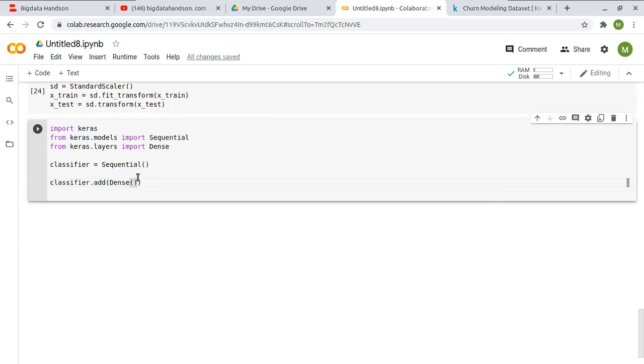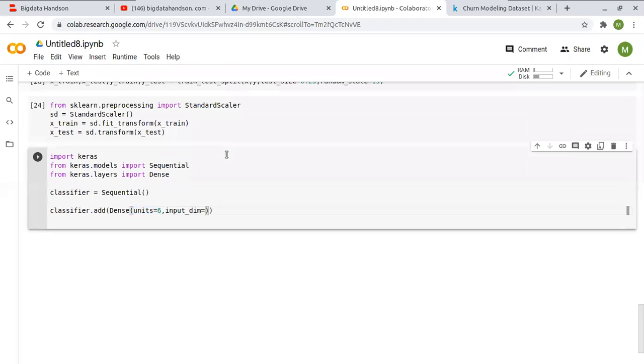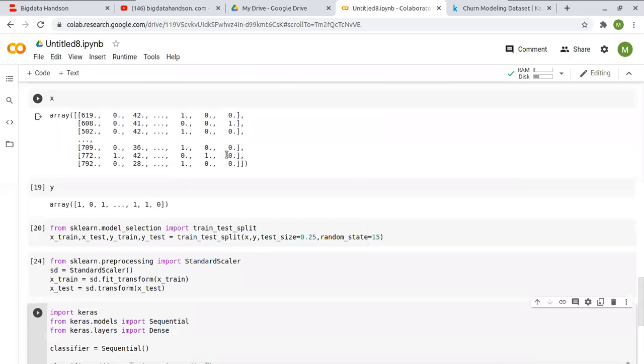Okay, we have the dense class imported. In the dense class, you need to give some parameters like units equal to 6. What that means is that I'm going to have 6 neurons on the next layer. So that's what we are assigning here, units equal to 6. Okay. And then we need to select the input dimension. So for this data set, the input dimension is 12 actually.